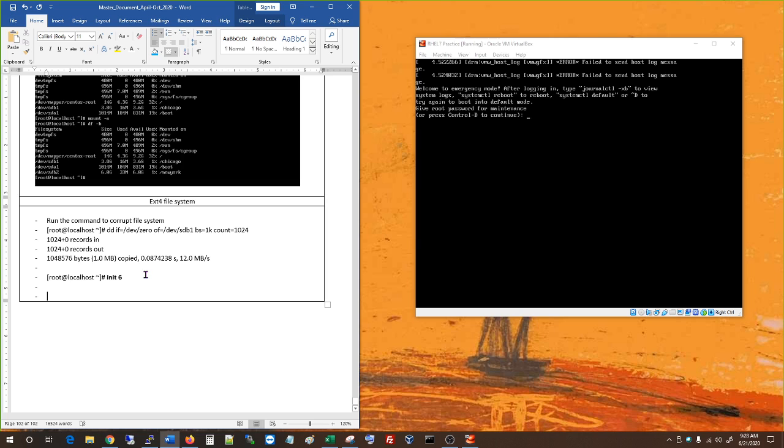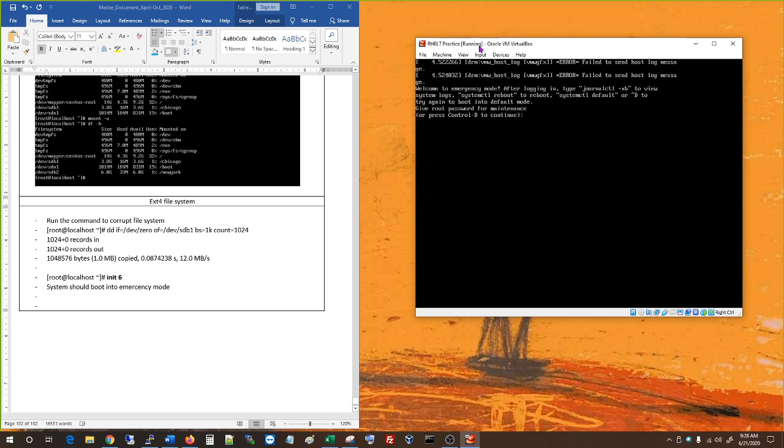Okay, as expected, it booted into emergency mode. Okay, so let me type the password, red hat,